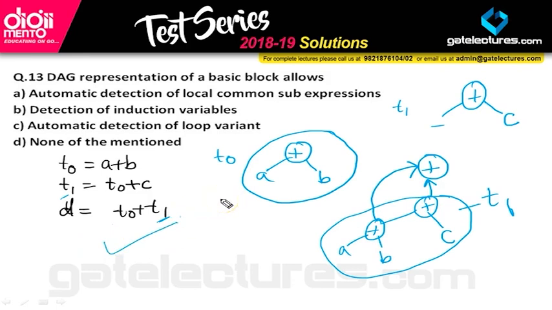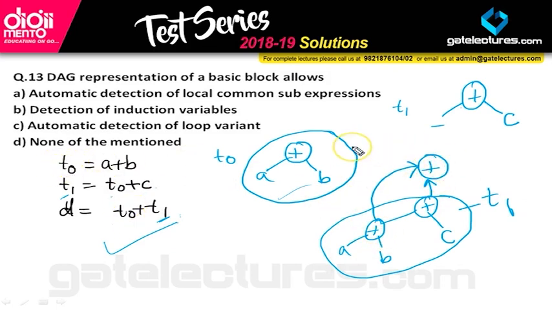I hope you got it. For T0 we have used this expression. For T1 we have seen this expression is used over here. Due to lack of space, I have designed it here. In the third step, we are using T0 and T1. T1 is calculated as T0 plus C. So this is the complete T1. Then we are adding it with T0. So T0 is here.